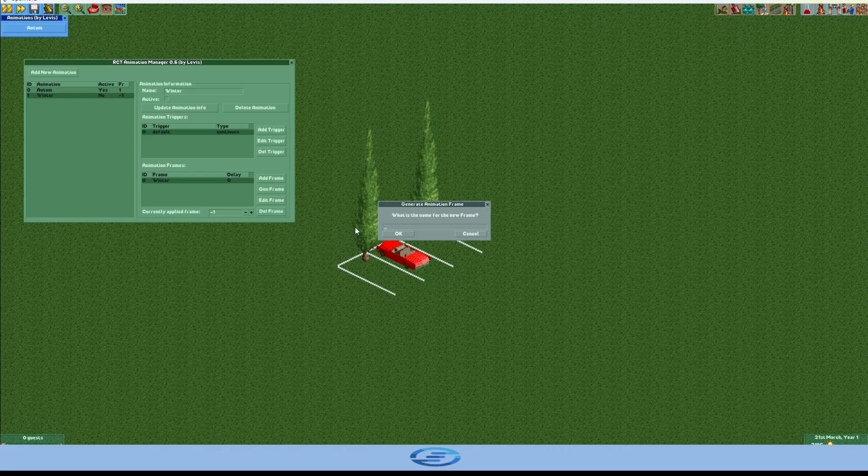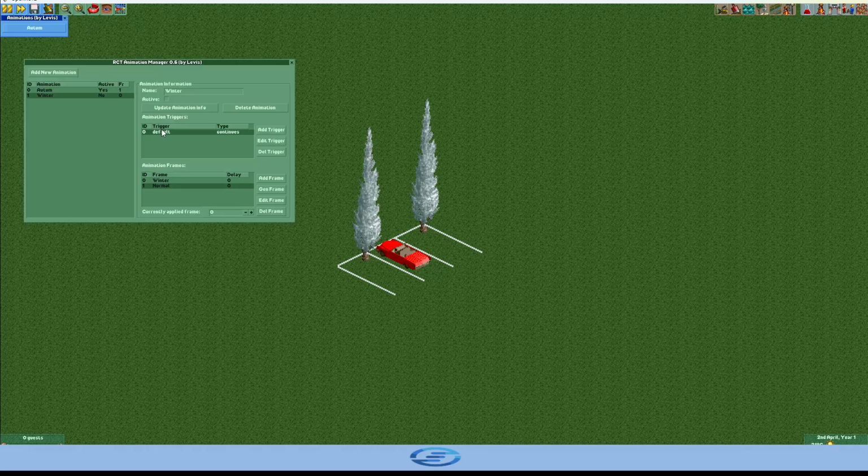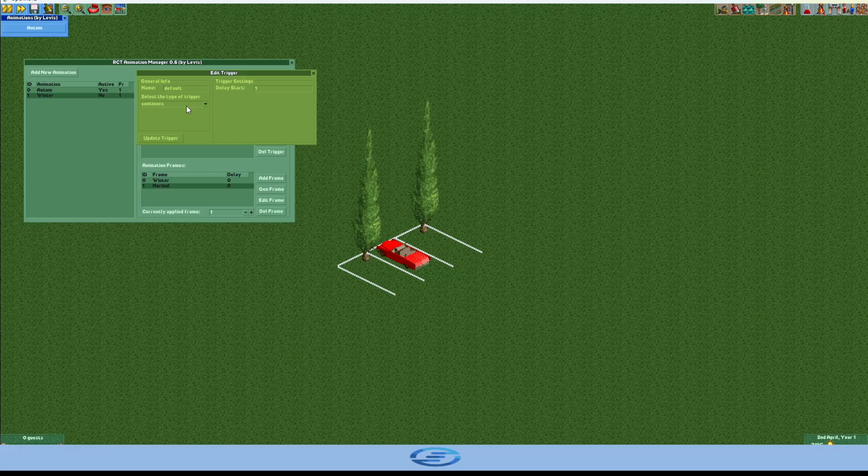And generate the next frame. Let's call it normal again. I'm going to edit this frame, recolor the trees back to green, and also set the delay to 0. Make sure it's on normal, edit the trigger, set it on button. Let's call this winter. We give it position number 2, keep pressed, update the trigger, and when we activate it,